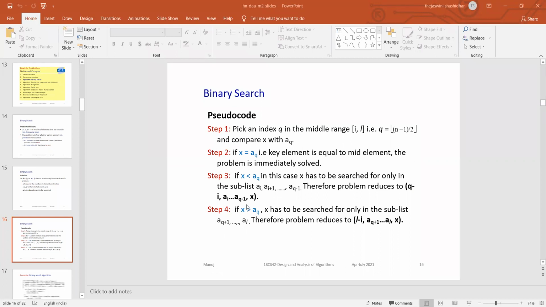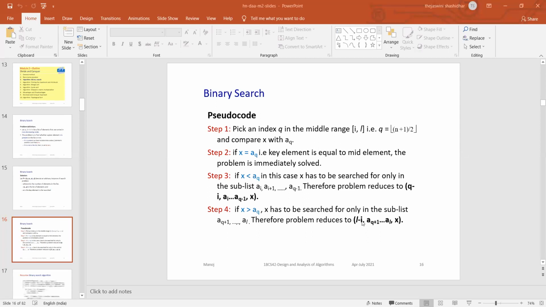So step 4: if X is greater than AQ, that means the key element is greater than the middle element, where do you have to search? You have to search after the middle element up to the last element. After the middle element AQ you have AQ plus 1, up to the last element AL.